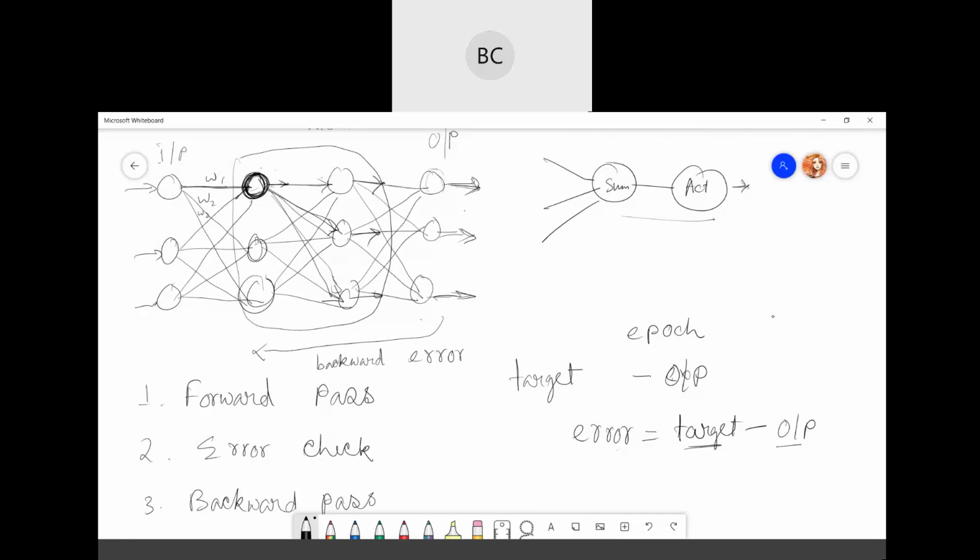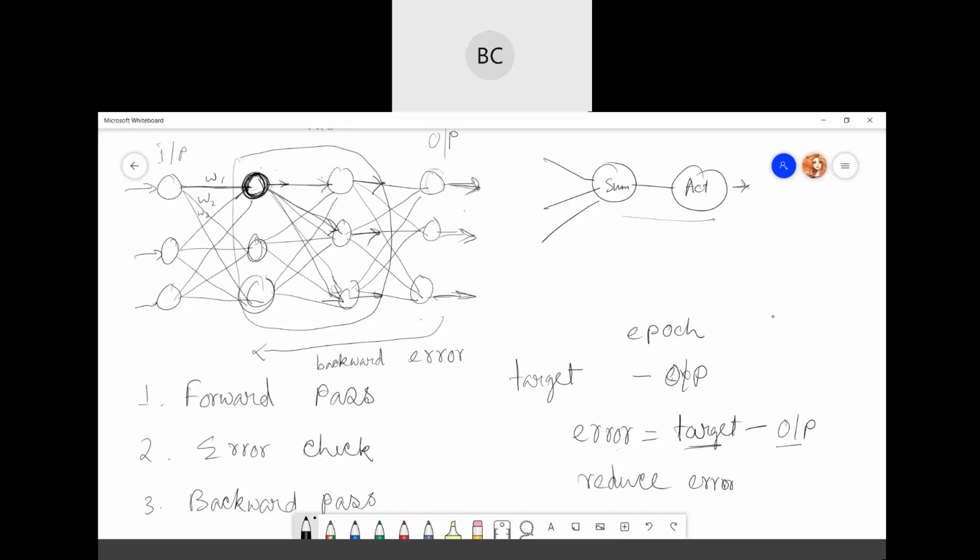When you pass the error, each of the neurons will check how much change is needed to reduce the error. The main aim of your neural network is to reduce or optimize the error, so that your calculated output is as close as possible to your target output.